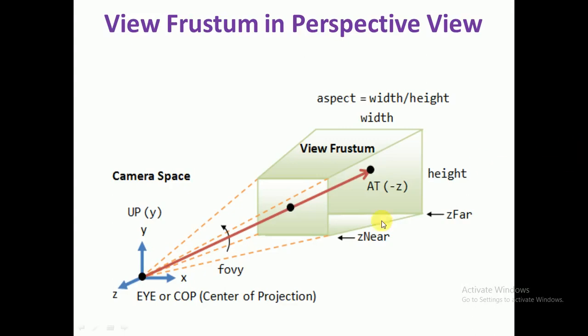That is what near, right? Means we will start capturing objects from this to this, then height-wise from this line to this line, then width-wise from this line to this line. This is what the view frustum is, right? Here, view frustum means whatever objects are in this frustum are captured. Whatever objects are outside of this frustum will not be captured. This is what clipping is in perspective view, right?